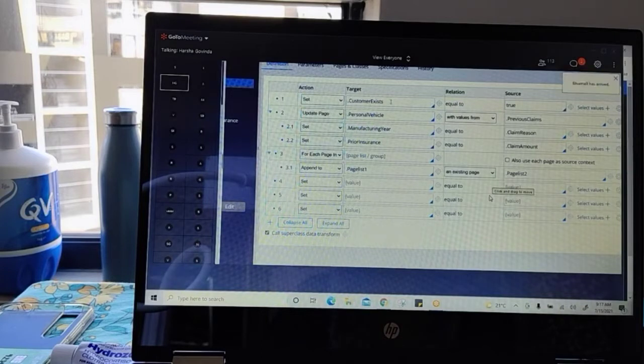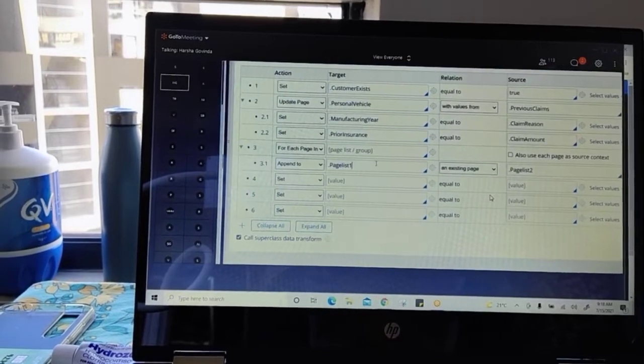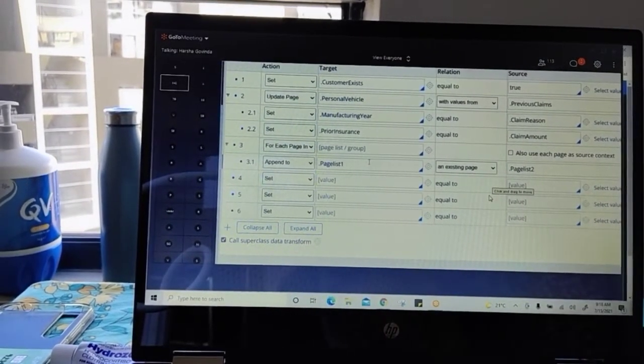So first one is assigning single value property, the second one is assigning page properties to page properties, and third one is assigning from page list properties to page list properties. So all are doing a property set. We can do property set by using activity property set method, page copy and all. You are aware of it. And we can do the same property set by using data transform also, where we can set single value properties, page properties, page list properties. Any of these three modes, ultimately it is called property set only.